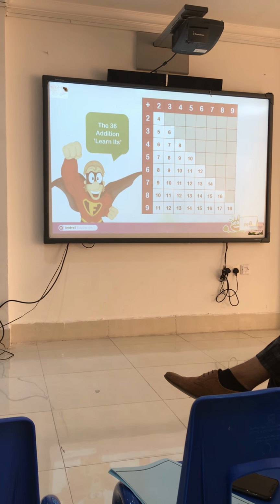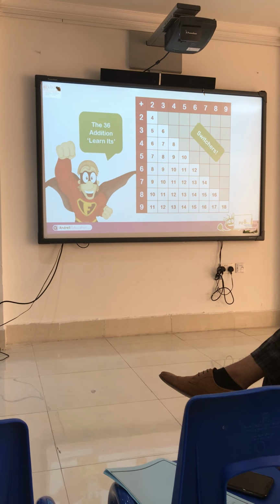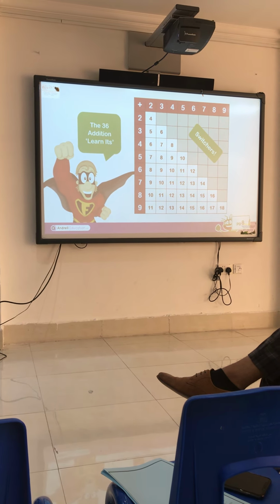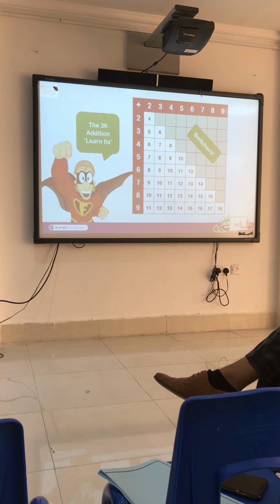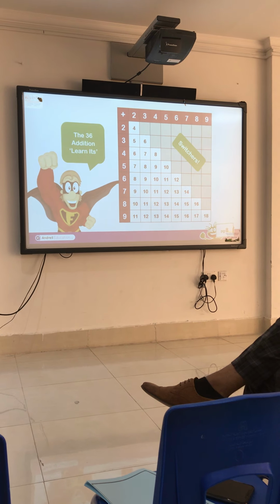Plus their switchers. Do you know what a switcher is? If you know that 2 add 3 is 5, what's the switcher? 3 add 2 is 5. It's actually the commutative law. But,